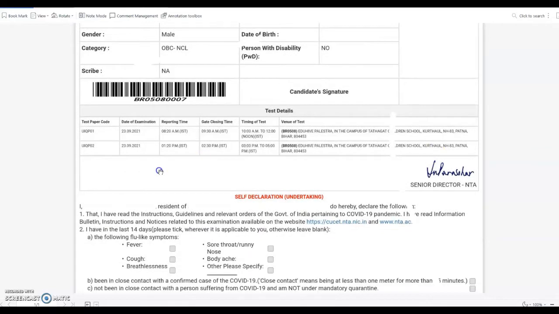Further, you can see the test details. Here the test paper code appears. If you have chosen one test paper code, one test paper will come with the details like date of examination, reporting time, gate closing time, timing of test and venue of test. If you have selected more than one test paper code, it will increase up to that number of test paper